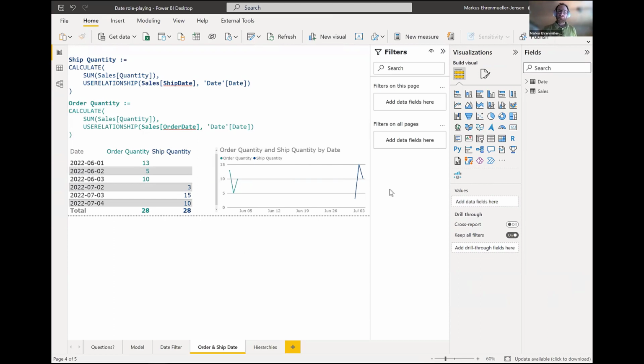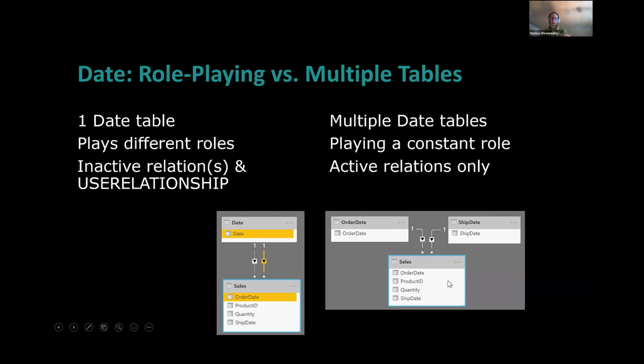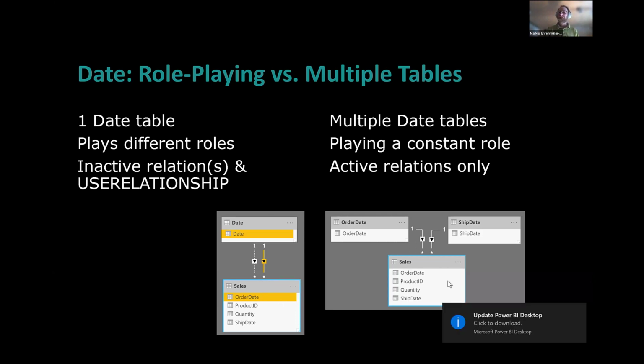If we use the other approach where I have two tables, so I add these tables two times, again, I would maybe use Power Query to load the same table several times. I could just duplicate it in DAX by creating a calculated table.